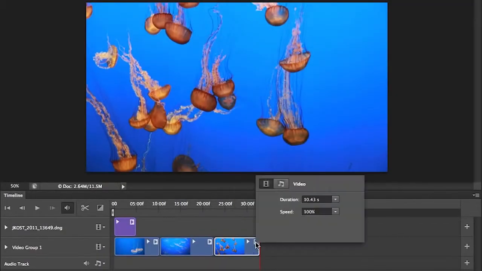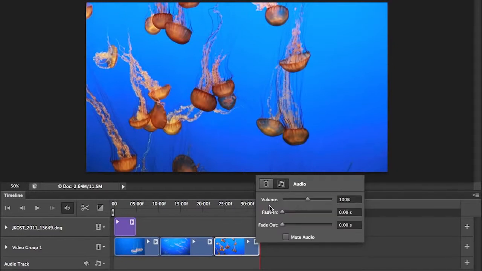I can also click and change the duration or the speed of the clip. I can change my volume and other options for my audio. I can even mute this audio that I recorded with this clip so that I could add a nice audio overlay to the whole series of clips that I'm using. And of course, I can use any of the features in Photoshop to make creative effects or to do color